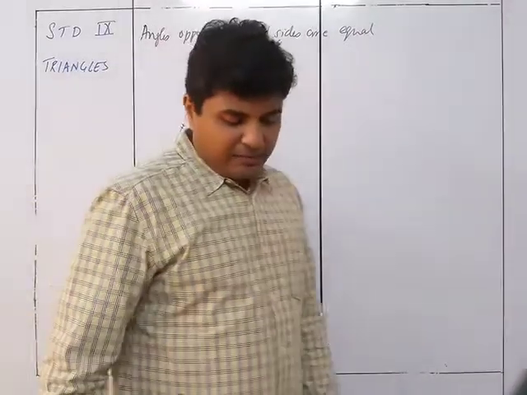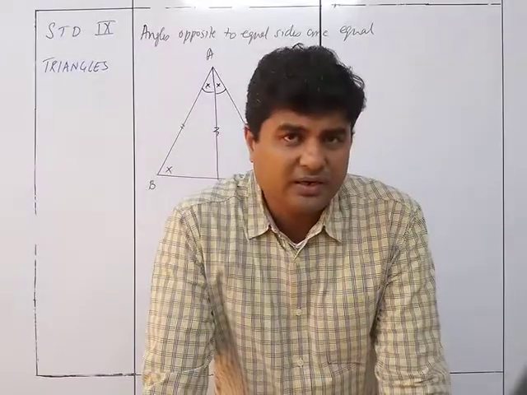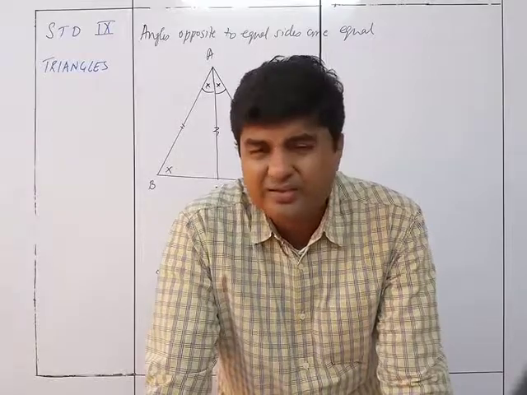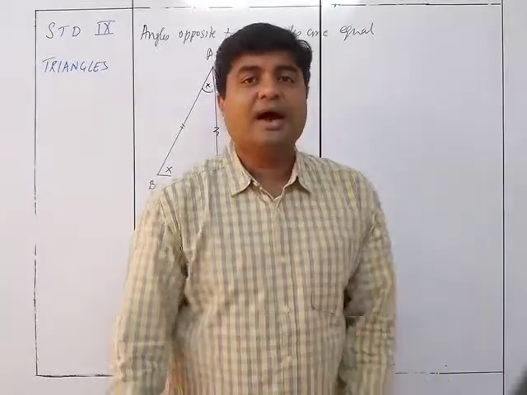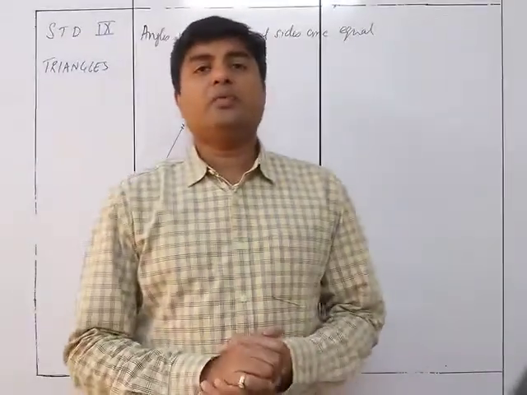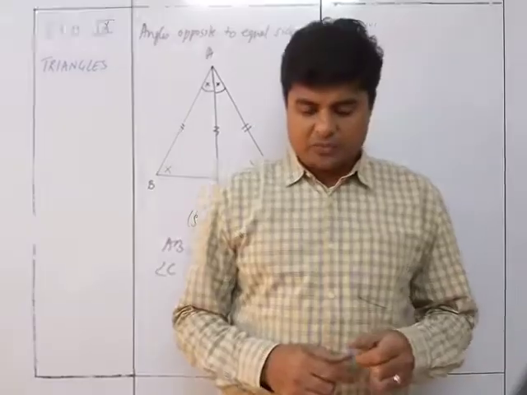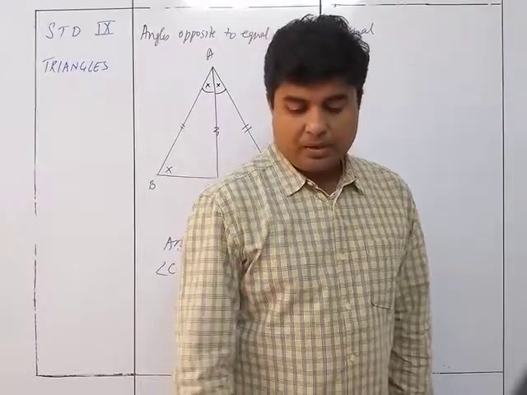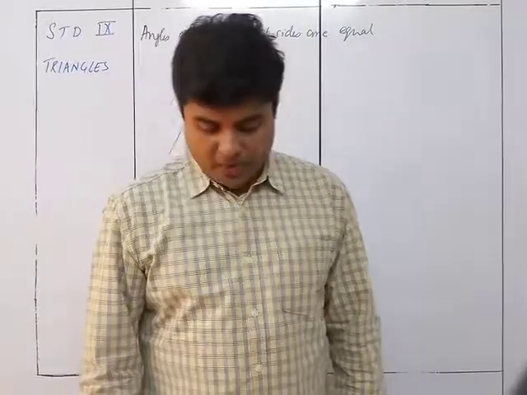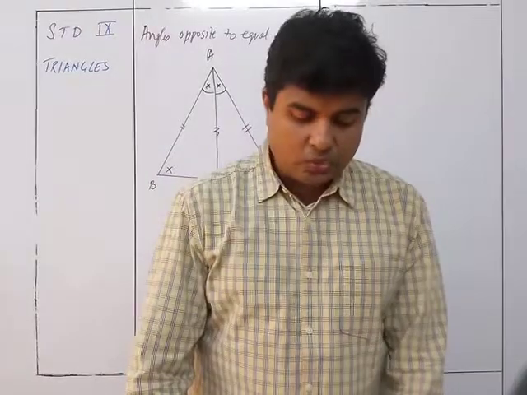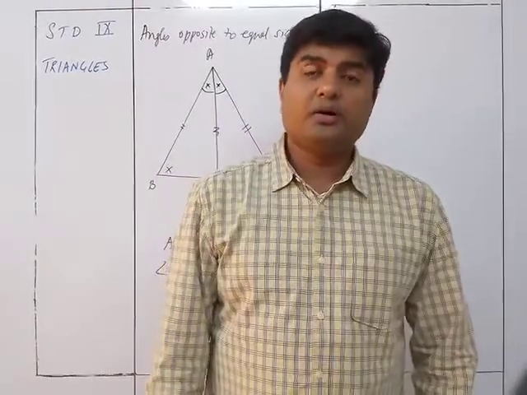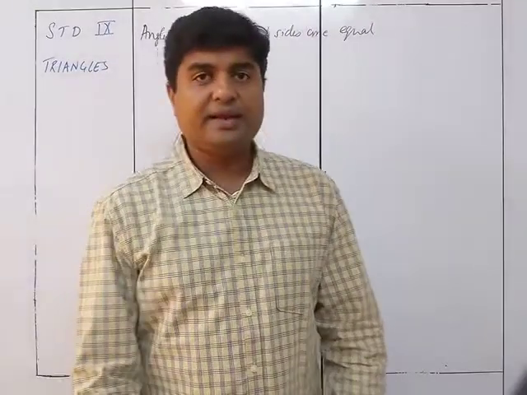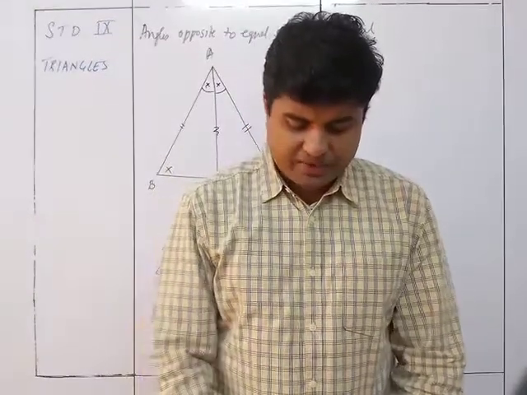So these are the main important theorems that we are going to use in the case of isosceles triangles. A very easy part of the chapter, that is isosceles triangles. Here we will not only have isosceles triangles, but also some calculations and values of the angles to be found out. You will also need to do certain kinds of congruency. So it's a combination of all these things in the next exercise, that is exercise 9.3.